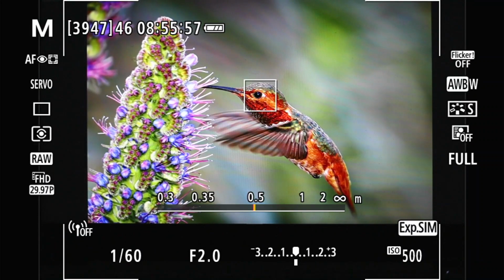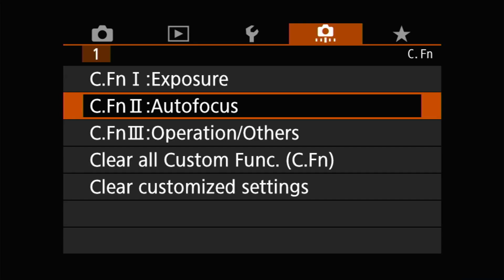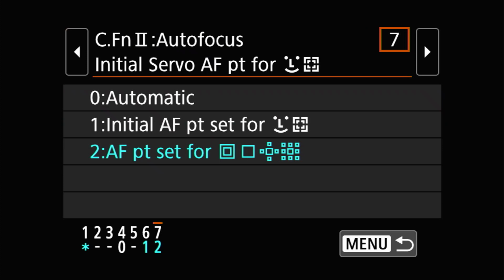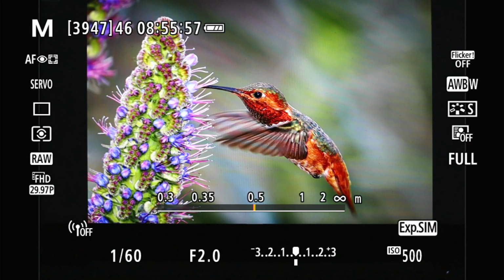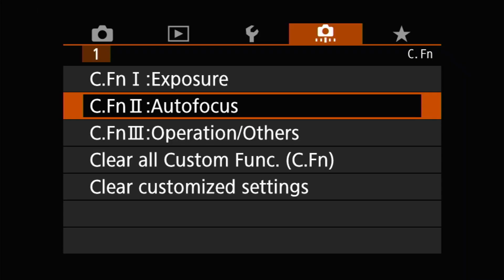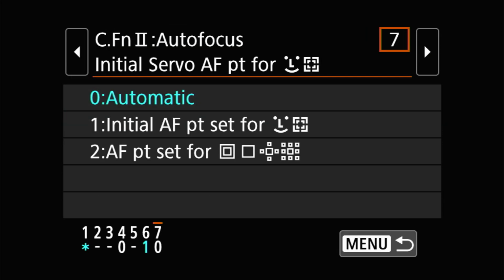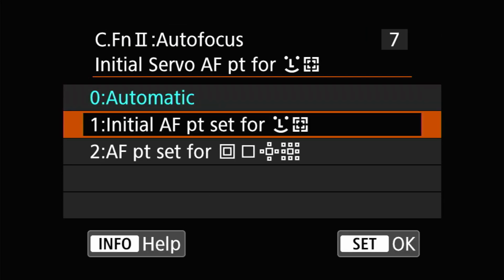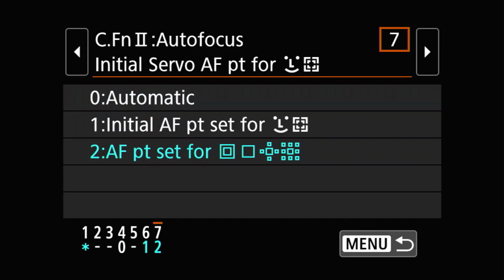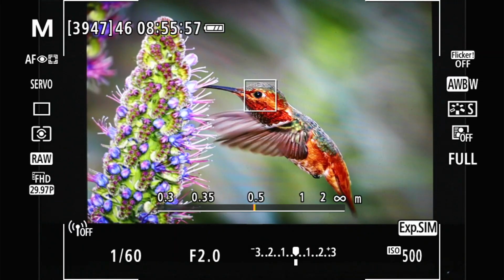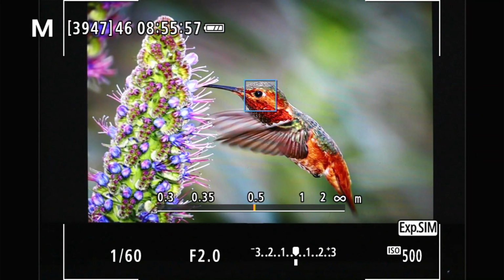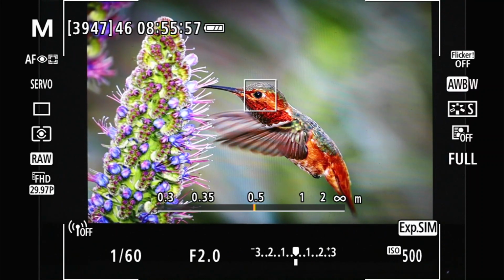Okay, so it'll remember that initial point. So again, if you go in here, even when you change it to something else, it doesn't really matter. Now, every time you choose it again, it'll remember. Okay, remember the last box there. That's where it's going to start. So those are the options